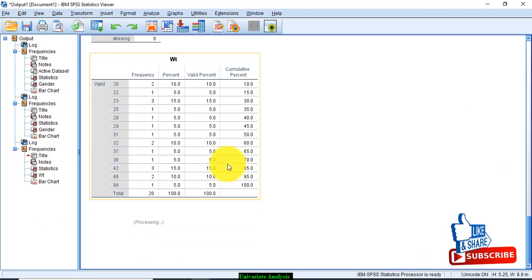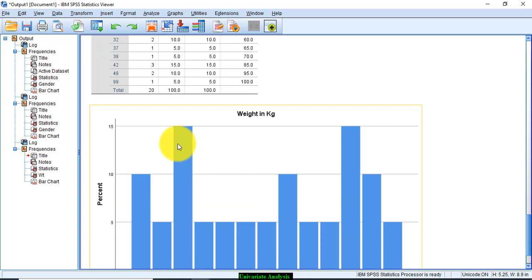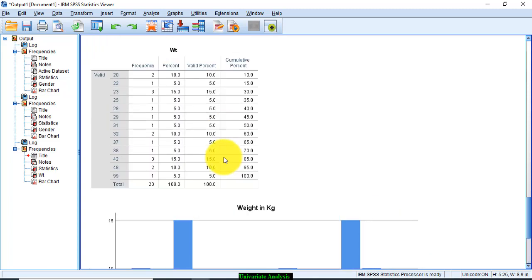If you do it like this, you will see a long table of all the weights and their respective frequencies.